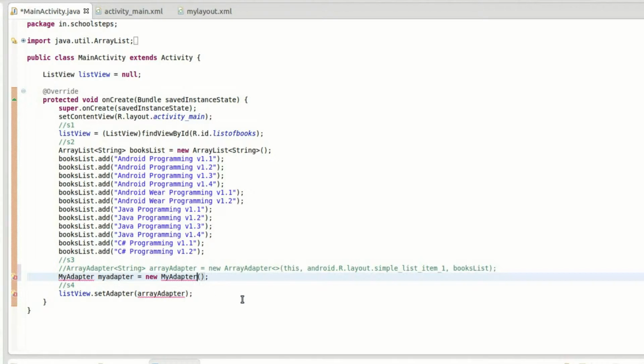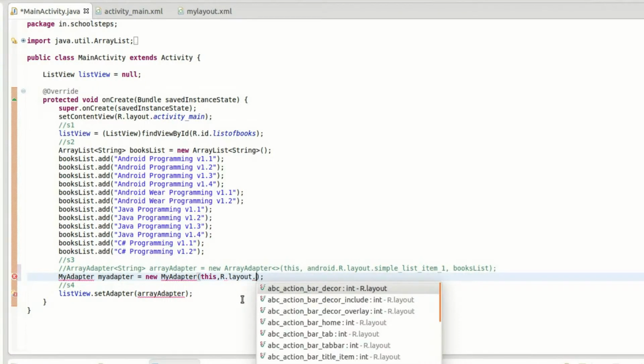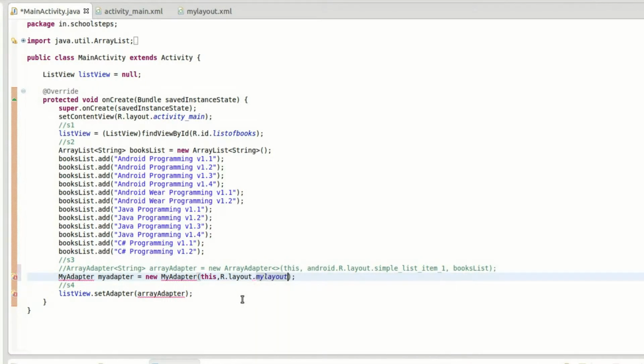The first one is the context, which is this. The second one is the my layout, which we have just created. So we need to say r dot layout dot my layout, and the third parameter which we need to pass is the array list. Save it.